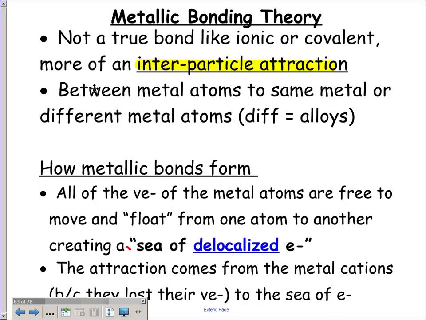Because there's a bunch of electrons floating around, so the cation has to figure out